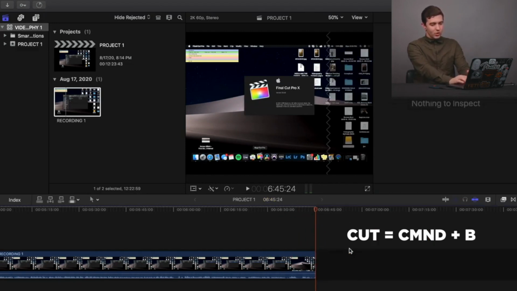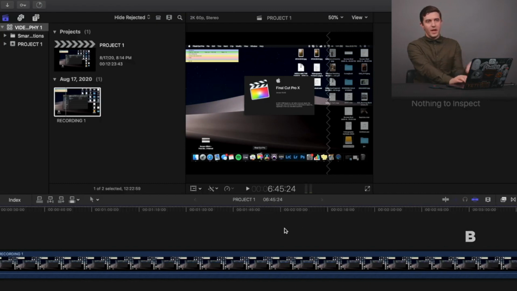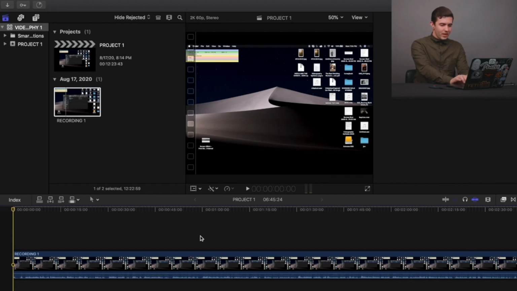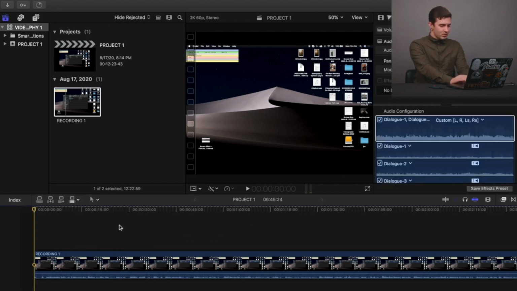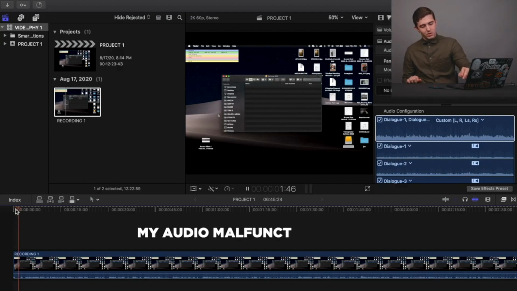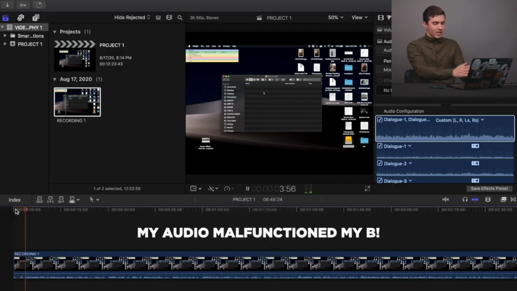So your screen recording will show me you cutting off the front and back end of you making your file hierarchy. And go back to the beginning like this. Click, make sure that your playhead is here at the front, and let it play all the way through. There's me talking. So you'll just let it play through so that I can watch it, because I don't necessarily want you to have to upload